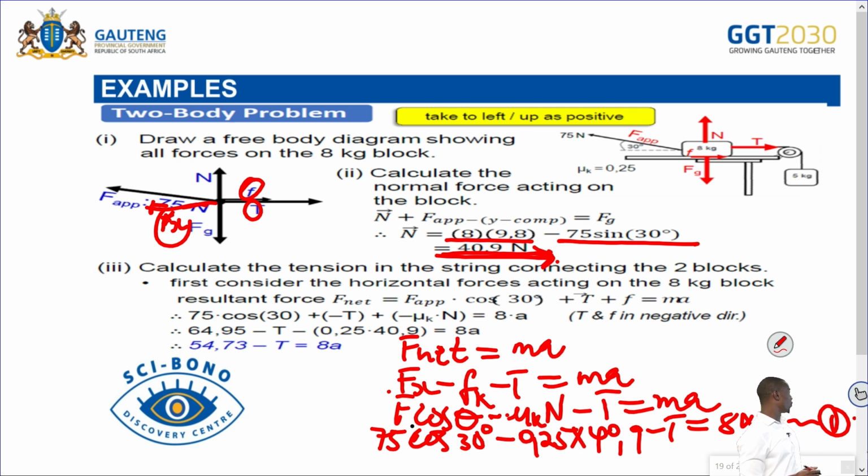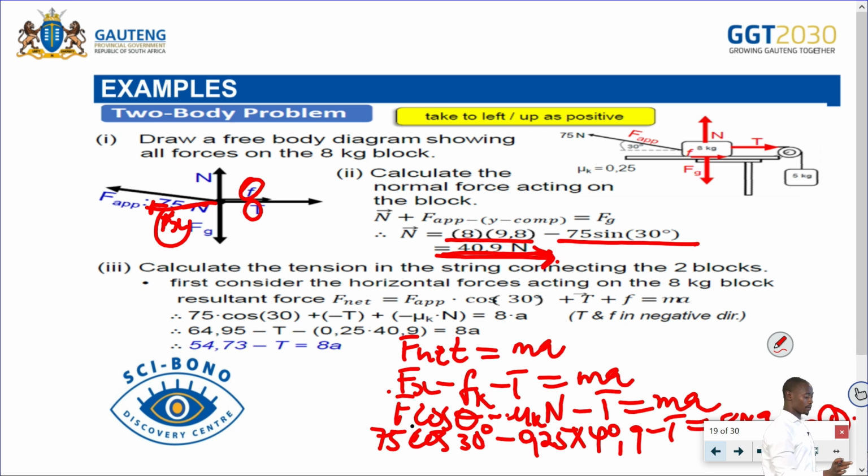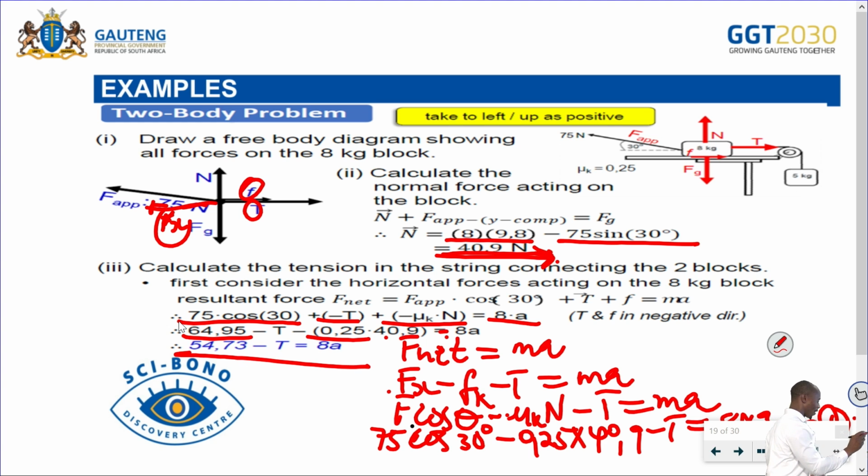Okay, for your 8 kilogram, so this is going to be the equation. Let me add a page. Right. So here I'm having 75 cos 30 minus t minus mu kn equals 8a, which is going to be 64.95. That is 75 cos 30. Then 0.25 times 40 equals 8a. So my equation 1 will be this one, right? So let's move to the